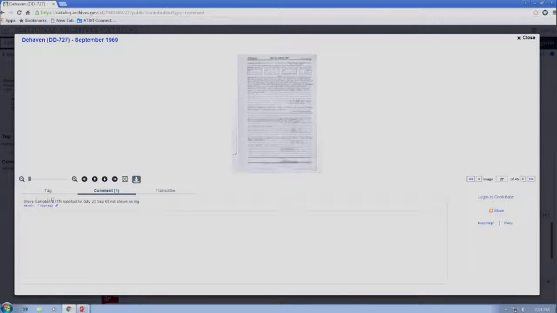"Steve Campbell, BTFN, reported for duty 20th September, not shown on log." So basically, somebody that knows something about what this ship was doing in 1969 jumped on here and commented and said that there was information left out from the log, and so they enhanced the context of this record with additional information. And this is a real neat way that researchers can interact with the records by providing